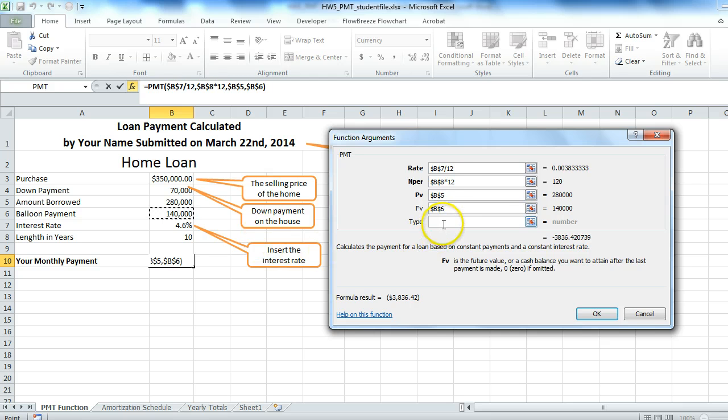And type, you don't need to put it in, it's kind of optional, to distinguish the payment period, not date, either January the first day of the month or the end of the month. So you don't need to put anything in here. Anyway, in